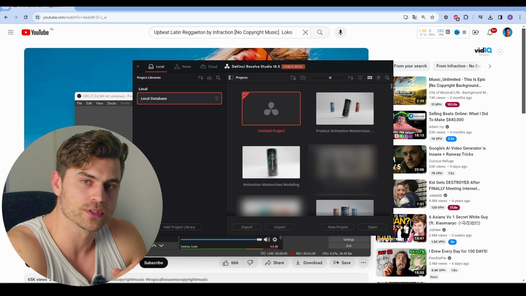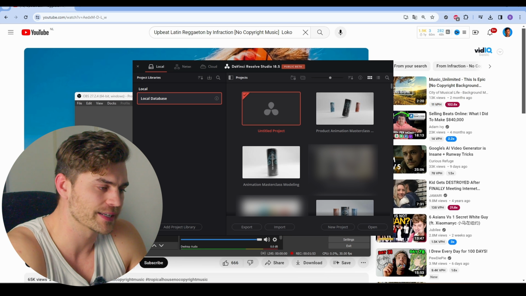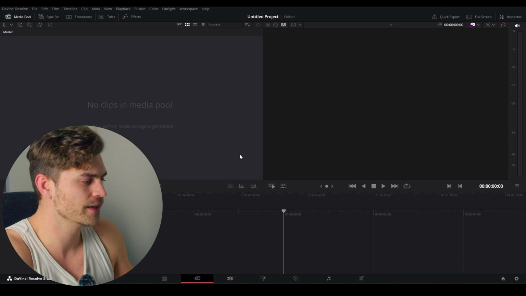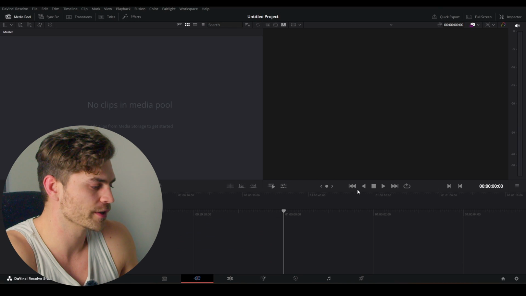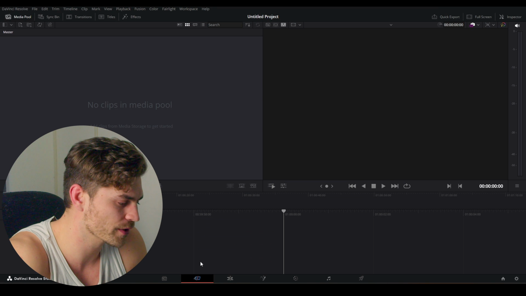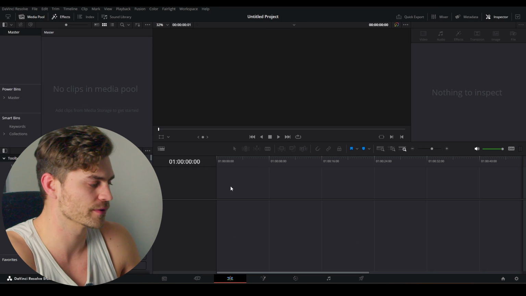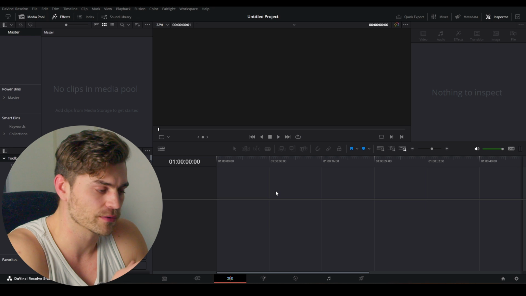So this is what DaVinci Resolve looks like when you open it up. I've blurred some things out to protect my client's integrity, but we're going to press on Untitled Project, and then it will open up this workspace right here. It's the cut page. We don't work in the cut page. We are going to the edit page straight away because this is where we're going to do the bulk of the work. I'm going to try and make this as beginner friendly as possible.